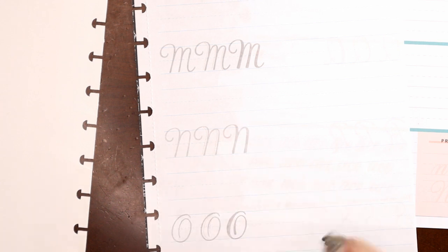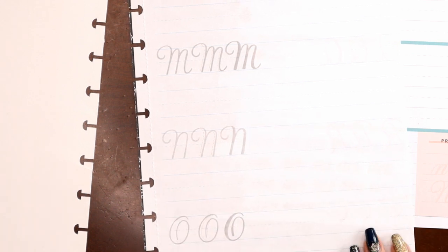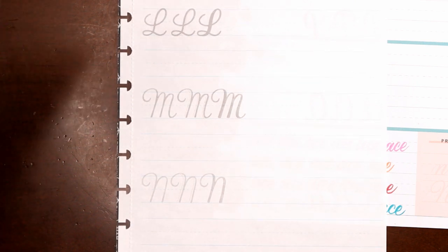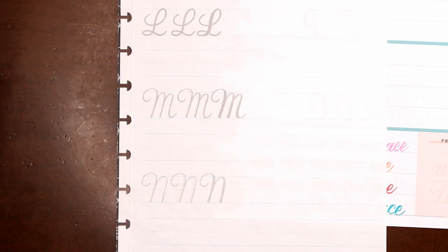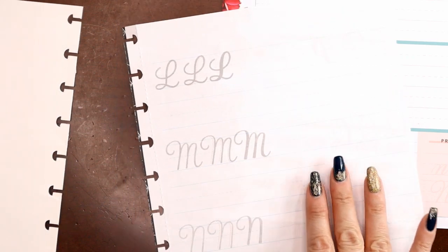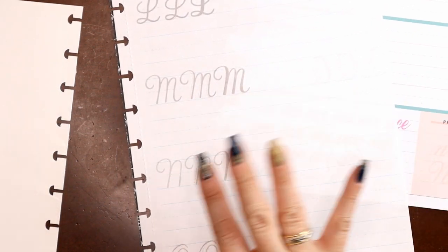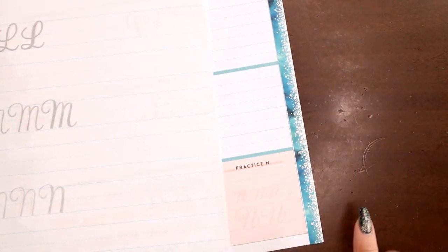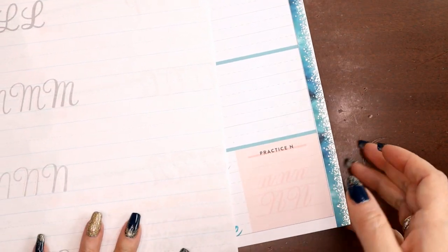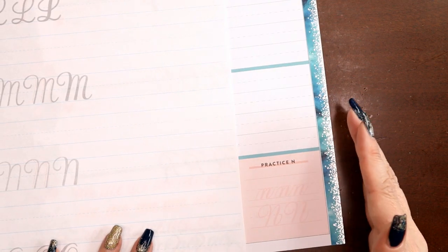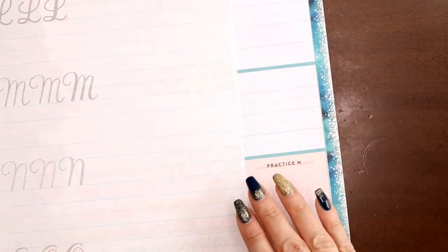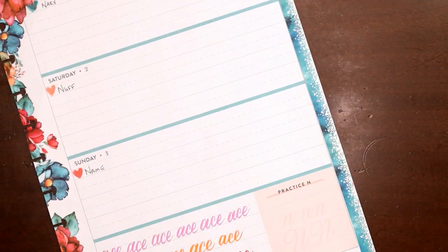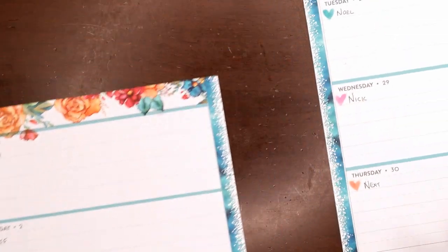It's kind of curly. So you guys, there is no end to the number of free download practice sheets out there that you can use with tracing paper. If you like this more curly, swirly, girly look, that's the way I define it, it kind of matches what's in this book. If you like that, go for it. Download the free lettering sheets and just do like me each week. Find the one that appeals to your eye and practice that.